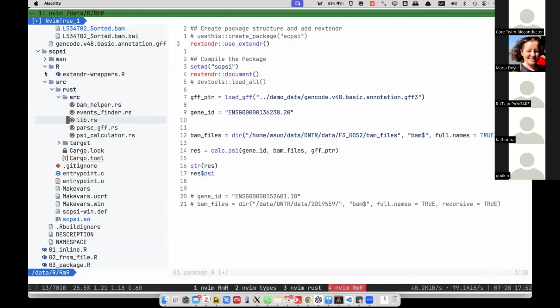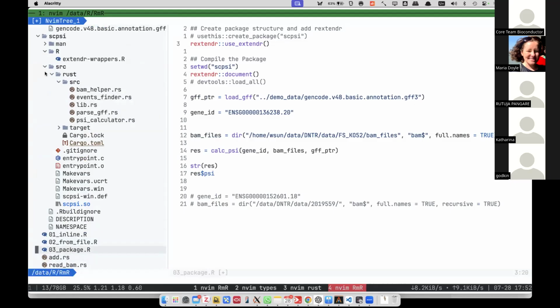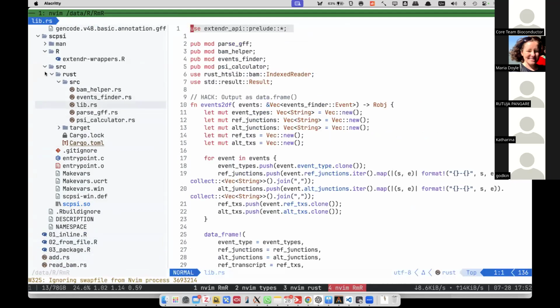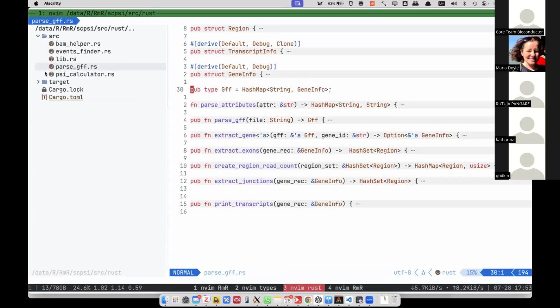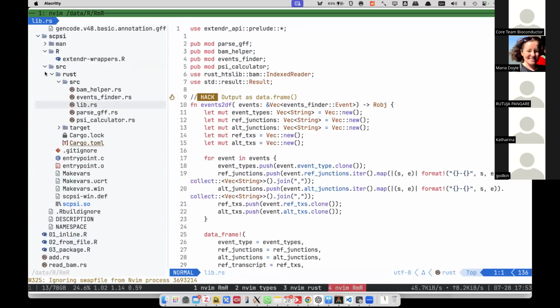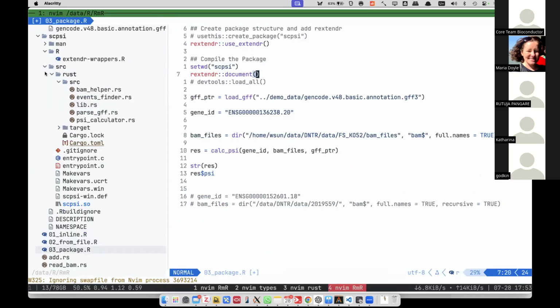By doing that, we can try to create an R package to read the BAM file from single cell sequencing, and then calculate the PSI.